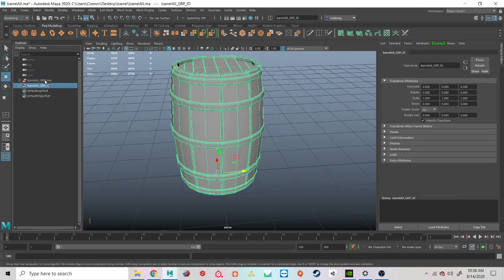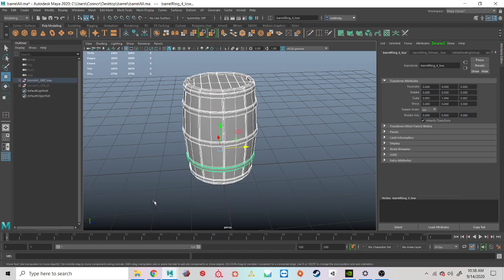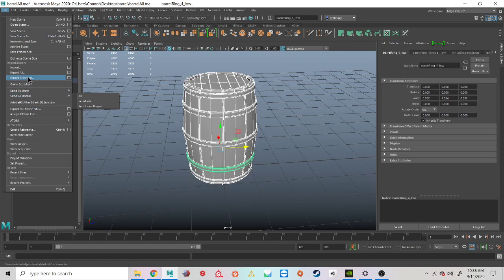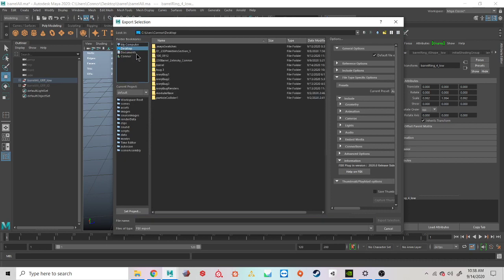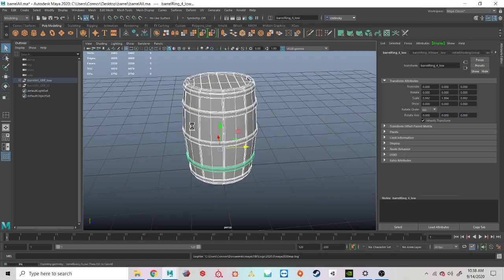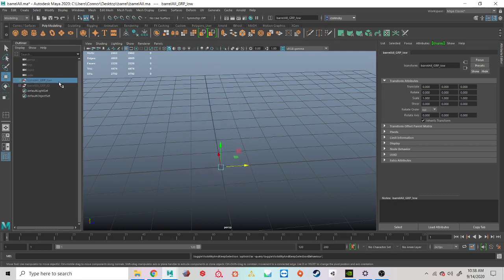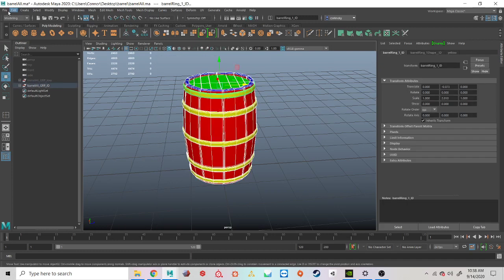And I'm going to export my low poly first. So I'm going to hide my ID and marquee select everything. Come up to File and Export Selection. You should export to your barrel project. I do not have one right now. It's going to make a new folder and call it barrel_low and hit Export Selection. I'm going to hide my low poly, unhide my ID, select it, and File, Export Selection,